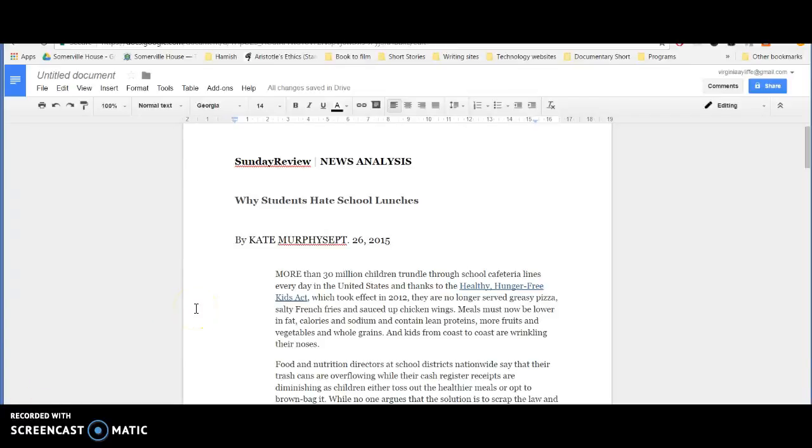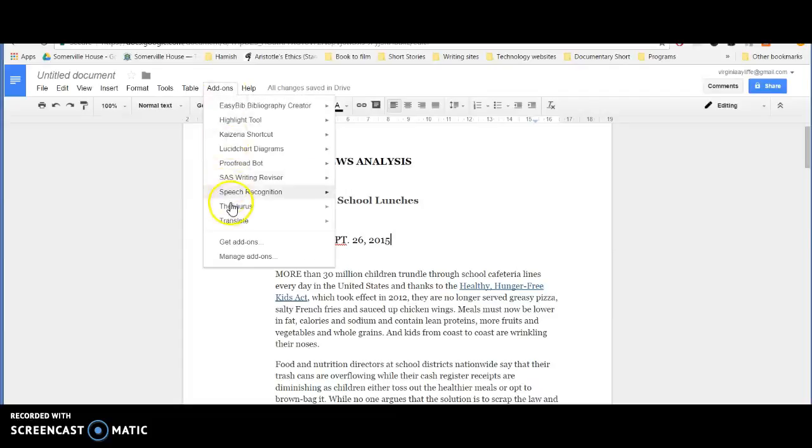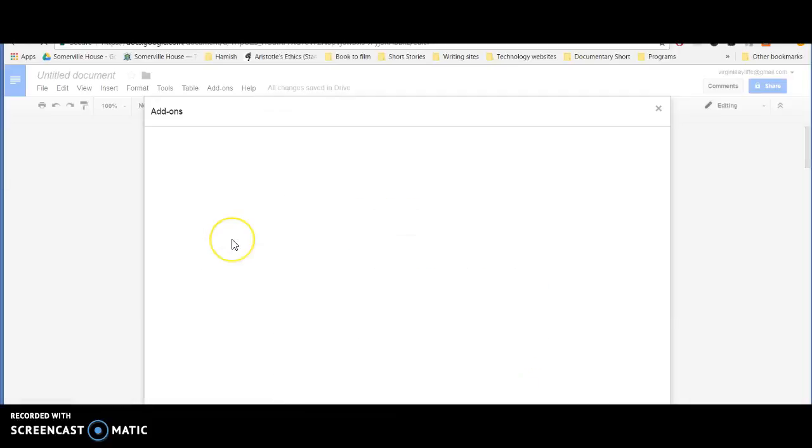Today we're going to look at how to use add-ons in Google Docs. So once you've finished your document and it's in a Google Doc in your Google Drive, you can use this toolbar up here and go to this add-on toolbar to help correct your work. So if you'd like an add-on, you click add-ons and you go to get add-ons, and this takes you to